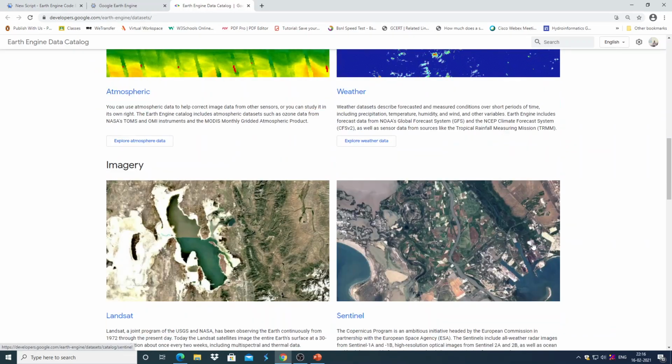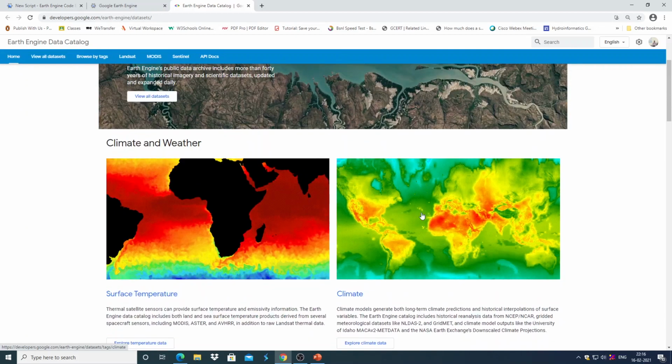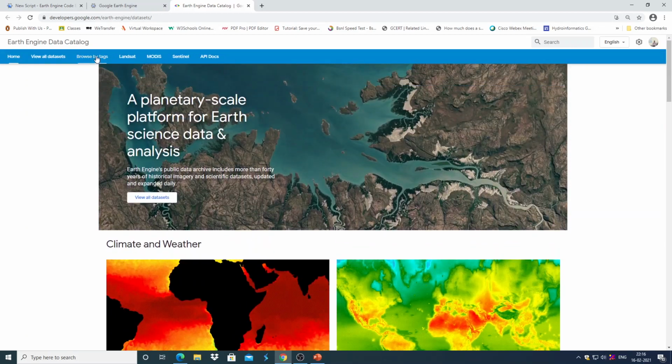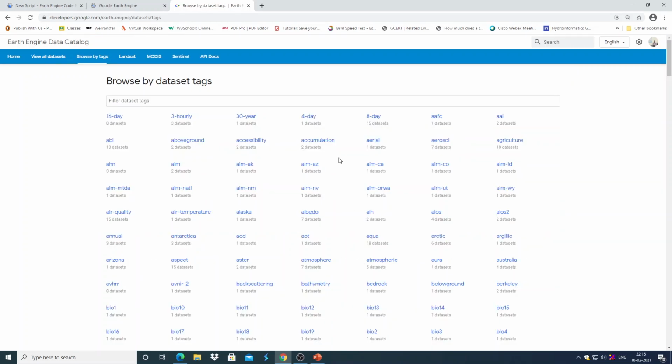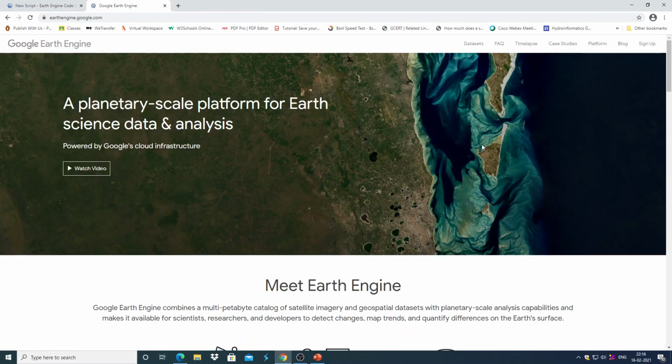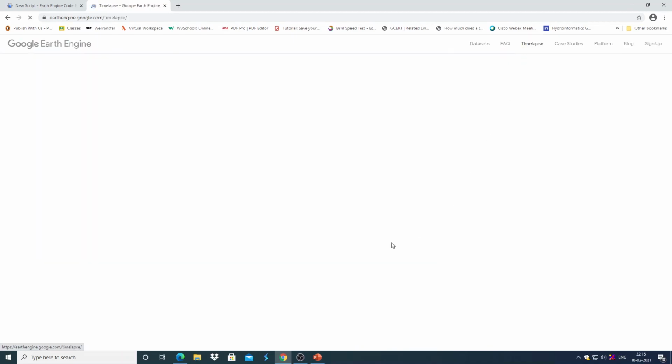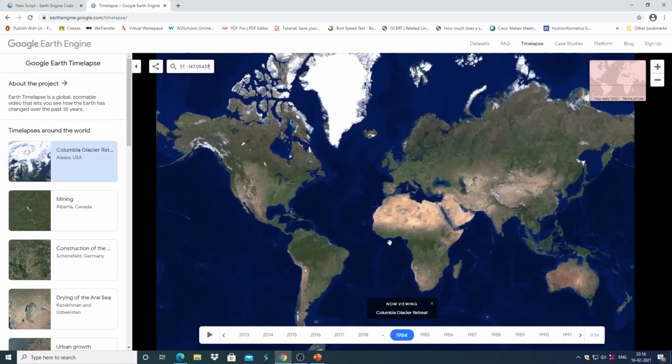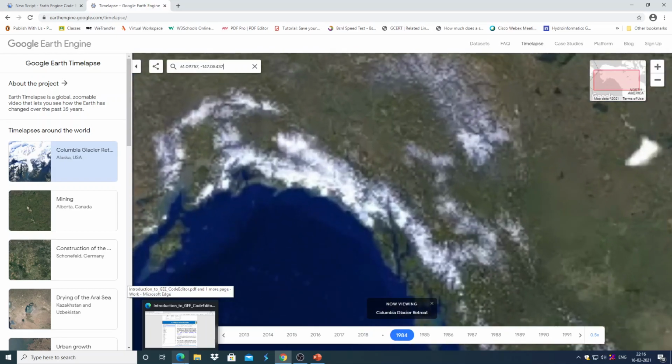Each of the data sets has a brief description, and you can even browse the available data sets through tags, and you can search for them. And all major satellite imagery series like Landsat, MODIS, Sentinel have separate sections. Then you can also have a look at frequently asked questions, FAQs, then time-lapse videos which are generated using the Landsat series,